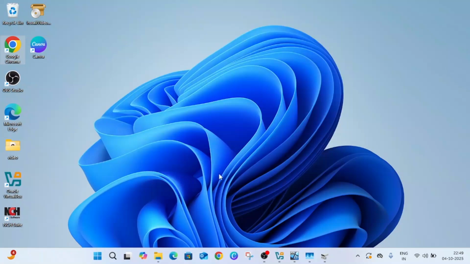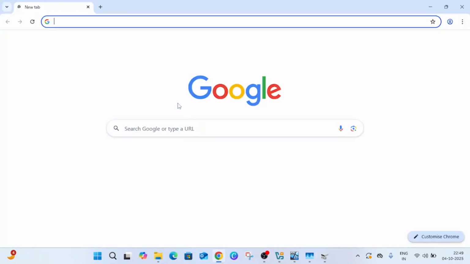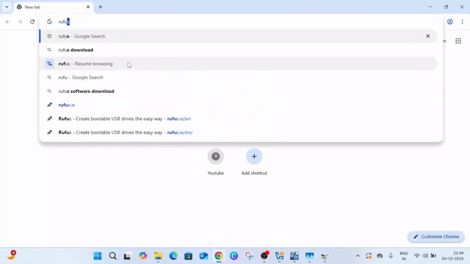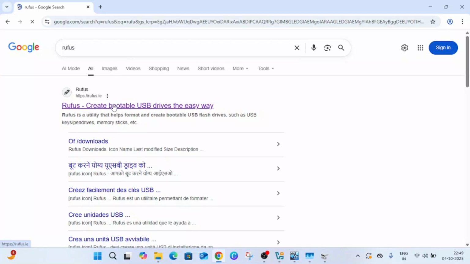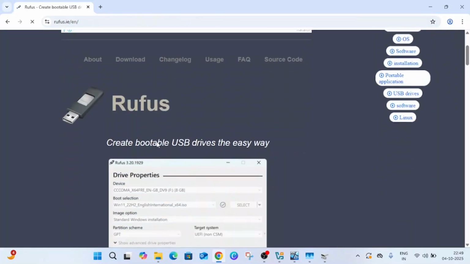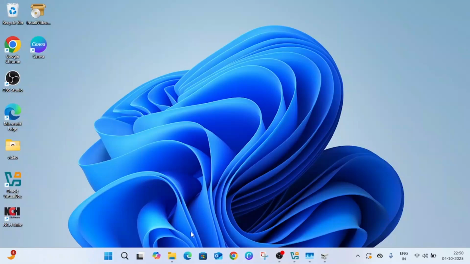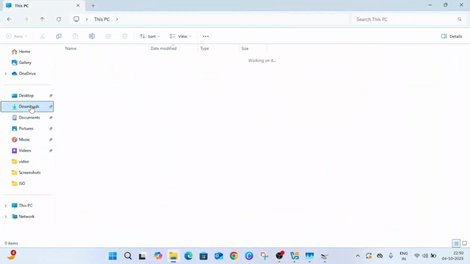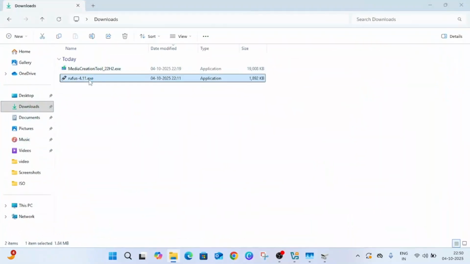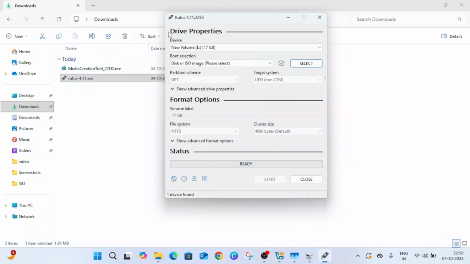Now you need to install the Rufus on your Windows. Just type Rufus and you should be able to get the first one. Just you need to select this standard version, first one. Simply download it. Click on exe, and I have already downloaded that exe. You can see here, double click on this